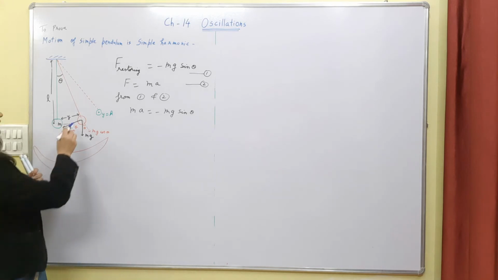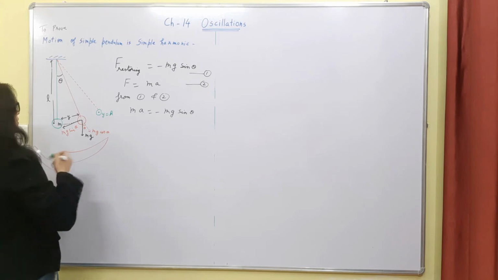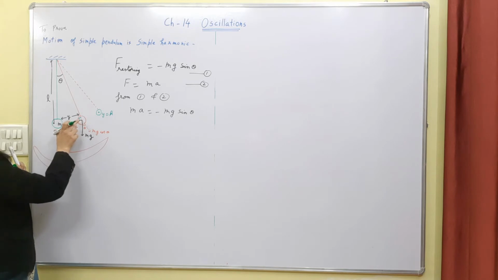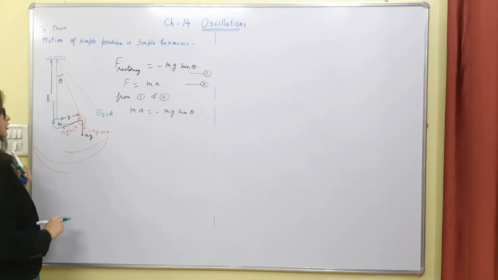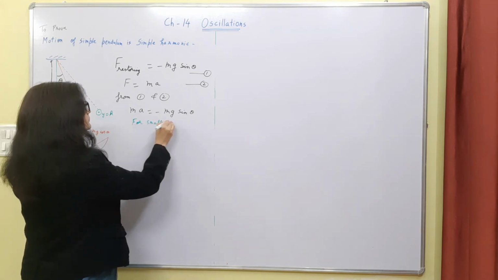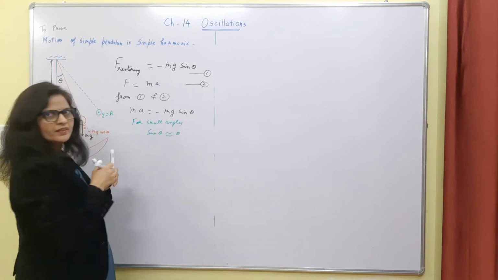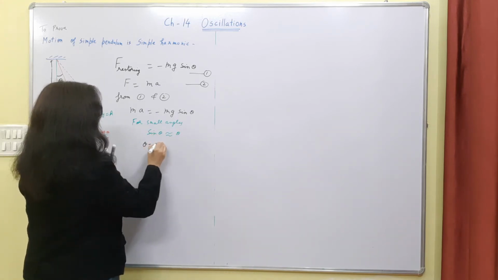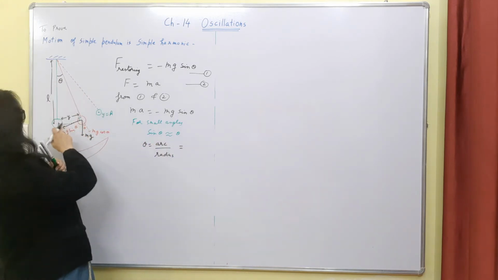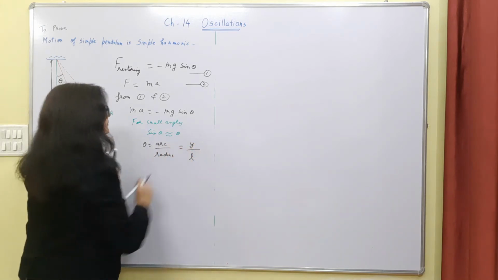And sin theta is perpendicular upon hypotenuse. For this we know that the tangent is perpendicular to the radius, so I can say that this angle is 90 degrees. So sin theta is perpendicular upon radius, perpendicular upon hypotenuse. Another form: for small angles, sin theta is nearly equal to theta, right? And also theta is arc upon radius. So this is nearly the arc, so this is y upon radius, right?